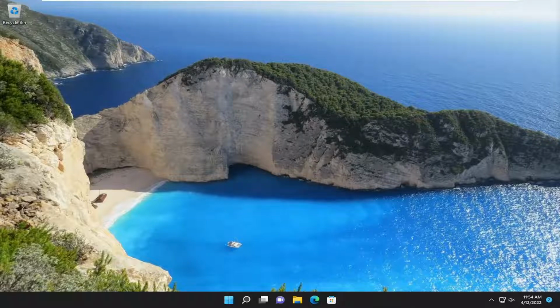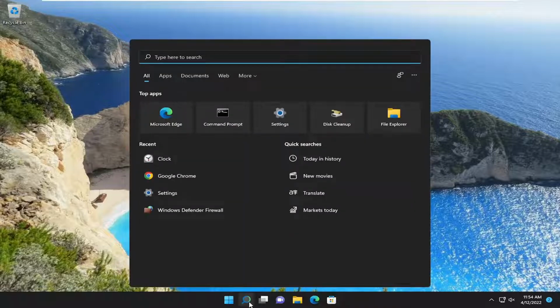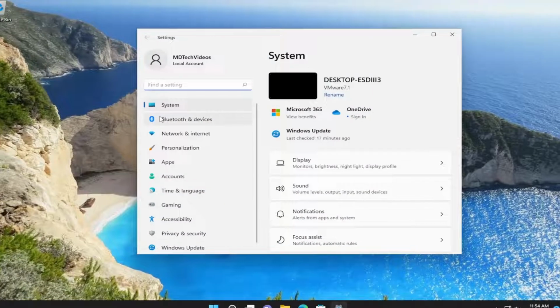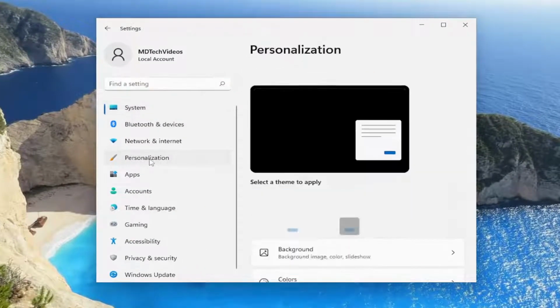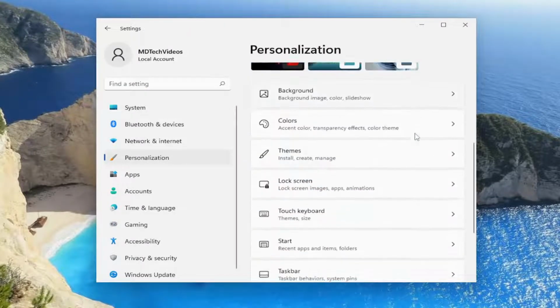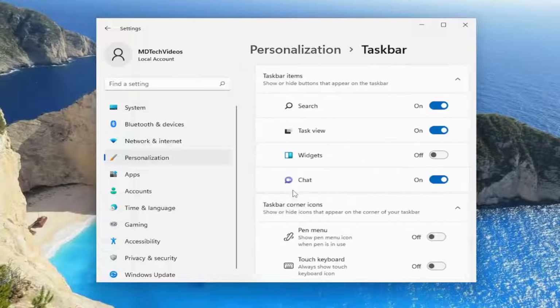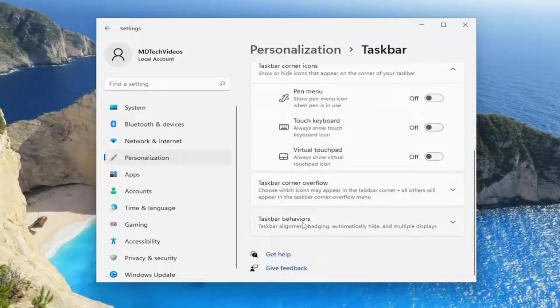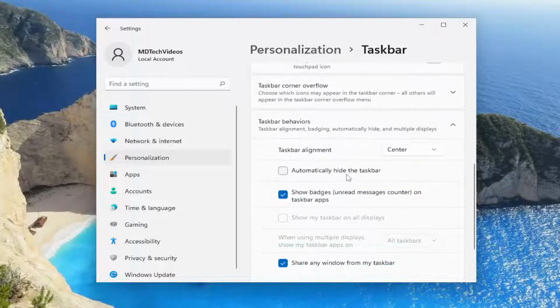So we are going to start off by opening up the search menu, and you want to type in settings. Best match should come back with settings. Go ahead and open that up. Select the personalization option on the left side, and then on the right side you want to go down to taskbar and go ahead and left click on that, and then scroll down and select taskbar behaviors where it says